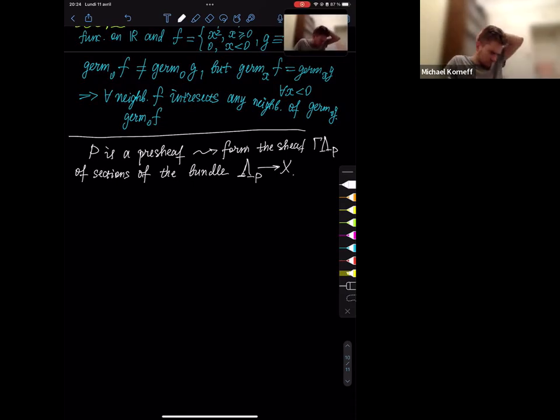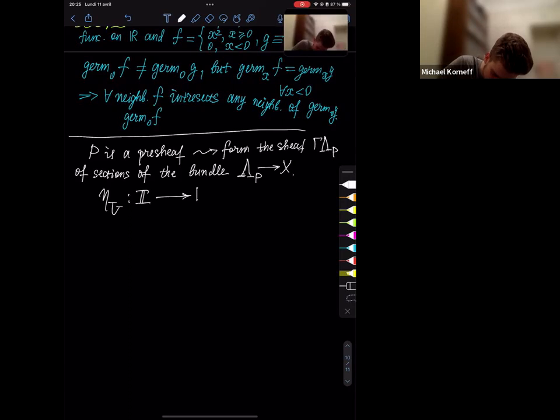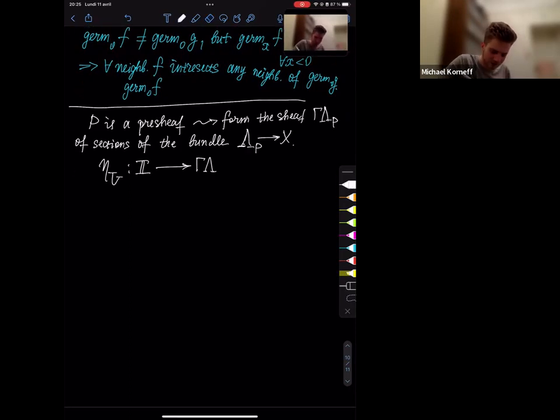There is a natural transformation eta between the functor of inclusion I to the functor gamma lambda P, and such that